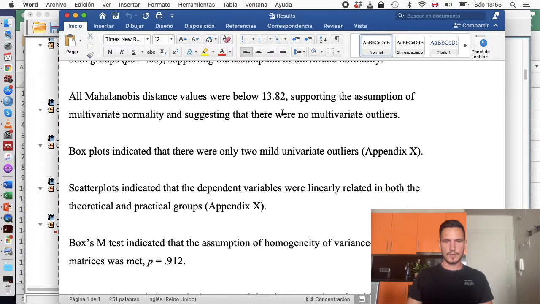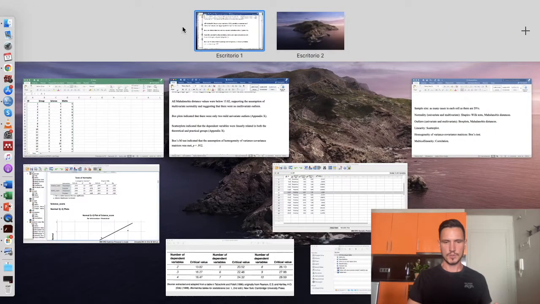So this next sentence refers to the assumption of multivariate normality and there being no multivariate outliers. And that just refers to this Mahalanobis distance value. So we saw, if we go back to that part of the outputs,